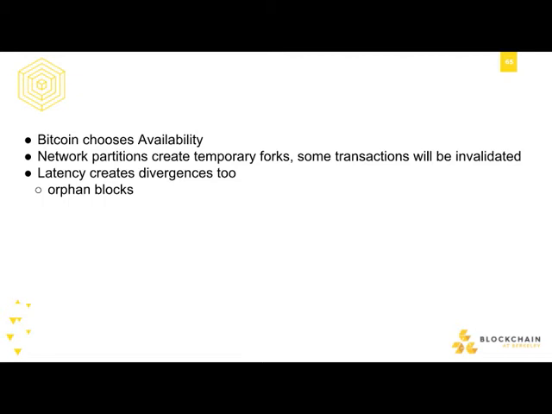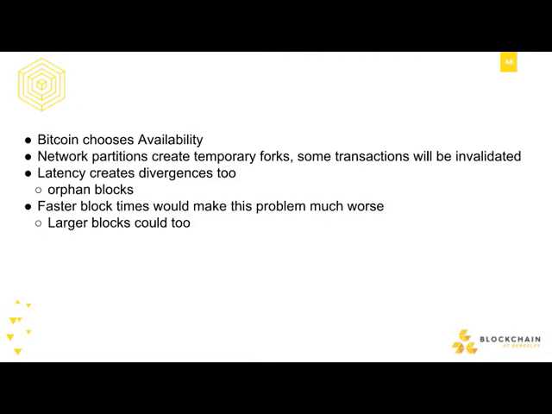And if you put a transaction in their block and not in my block, well, then you lost out if my block ends up winning. And if you made the block time faster, like what Ethereum does, you would get a lot more of these orphan blocks, because the time that it would take for someone to find another solution gets a lot shorter, and it makes it more probable that while you're broadcasting your solution, someone else finds another solution, and you end up diverging. And larger blocks would have the same effect because it would increase the time it would take for a block to get through the network.